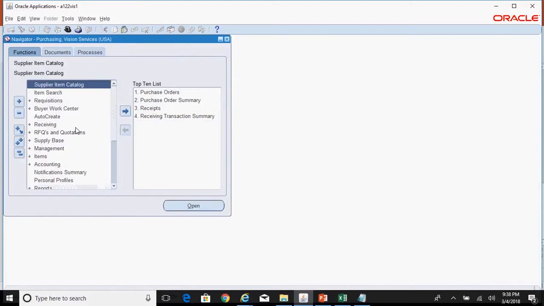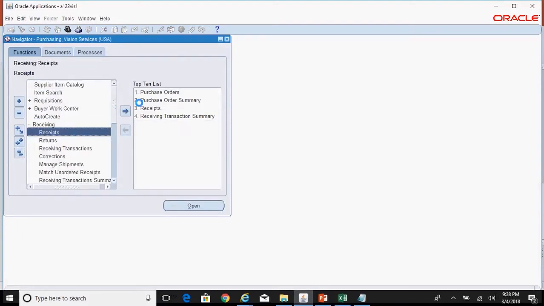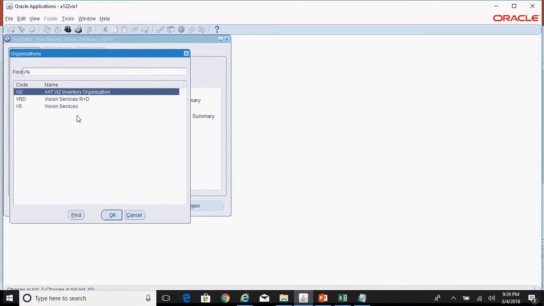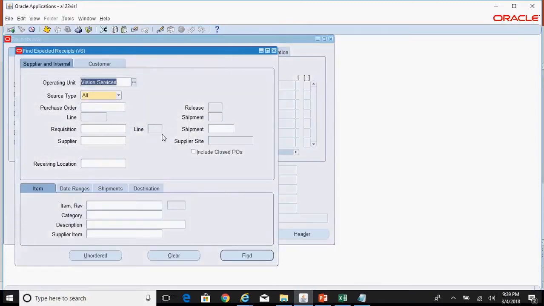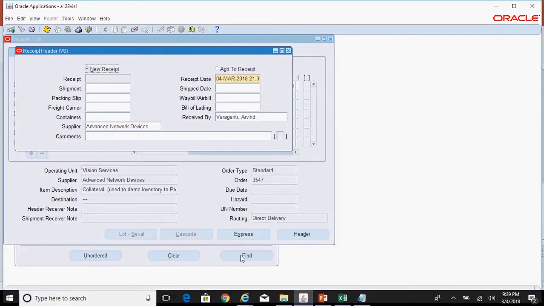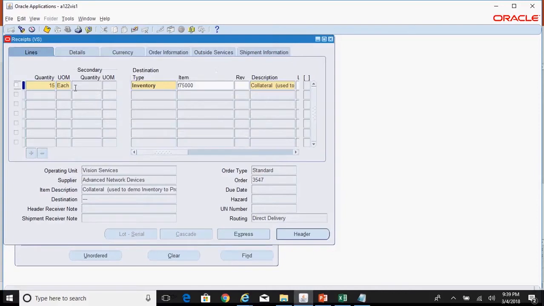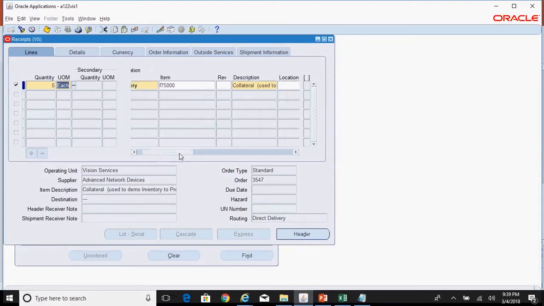So navigate to receiving receipts, and my organization is vision services. So put your purchase order number, click on find, close this header part, and let's say out of 15 quantity I want to do a receiving of only say 5 quantity. Okay, so purposefully I am doing only partial receipt so that you can see how the system calculates your purchase price variance. You can see whether the system calculates purchase price variance for the entire 15 quantity or only 5 quantity,